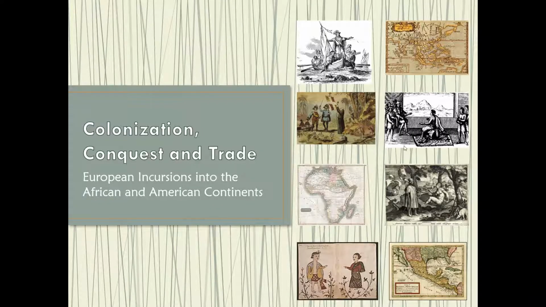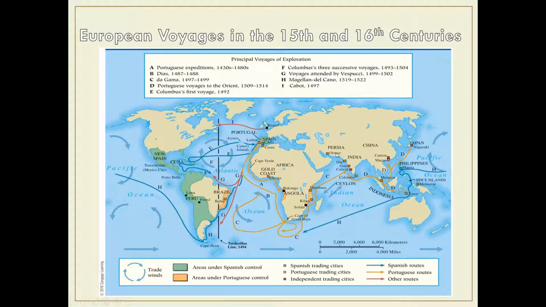So we'll go ahead and get started here looking at the overall picture of European voyages in the 15th and 16th centuries. And as you can see here, it was the Portuguese that really get off to a start at the very beginning with their exploration starting in the 1430s, rounding around the Cape of Africa, and eventually making it to the East Indies. And then pretty quickly they are joined by the Spanish and then later on the British and the Dutch. So you're looking at this large scale movement of ships, goods, people throughout the world starting in the 1430s.